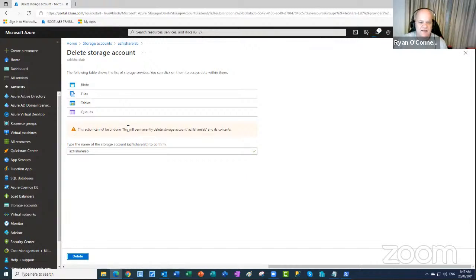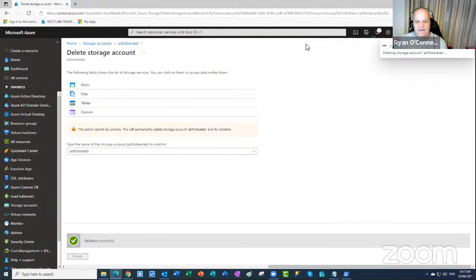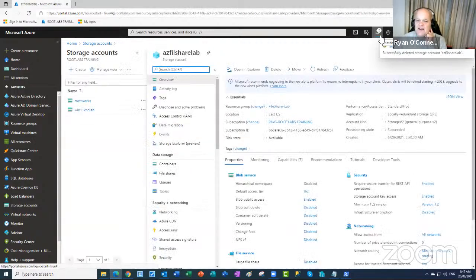Once you delete stuff in a storage group, it's going to delete all your blobs, all your files, all your tables, and all your queues. So hence the soft deletes that we have had in place. And as you can see now, it's going ahead and deleting that resource, which is great because we no longer